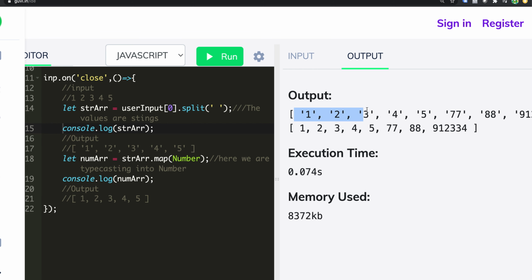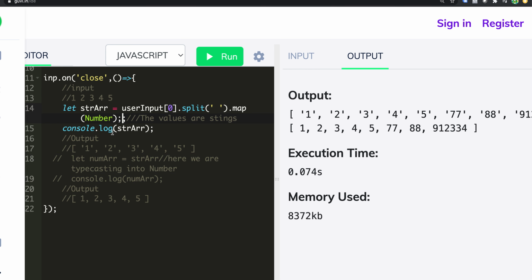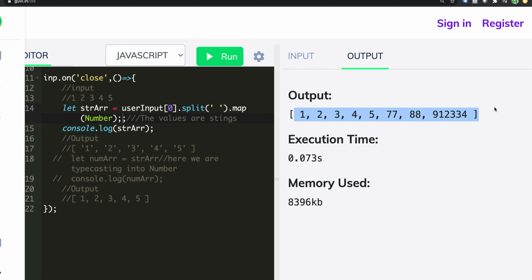So I had the first array, which is the str array, the string array. I have given a variable name strArray for my convenience and readability. Then the second is a numArray. So we take the strArray and convert it into numArray. In a shorter format, instead of doing it in two lines, I comment these lines and paste it here itself: the input, split, then dot map of Number. When I do that, it converts the entire thing into numerical. Two lines are squashed into one line, that's all.